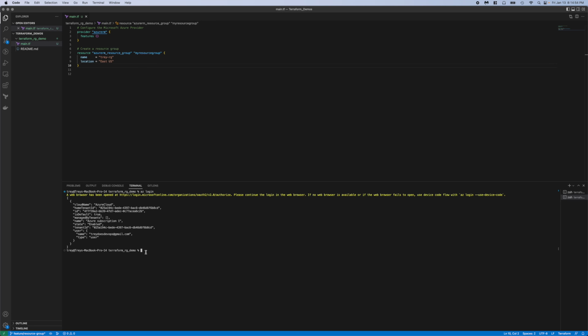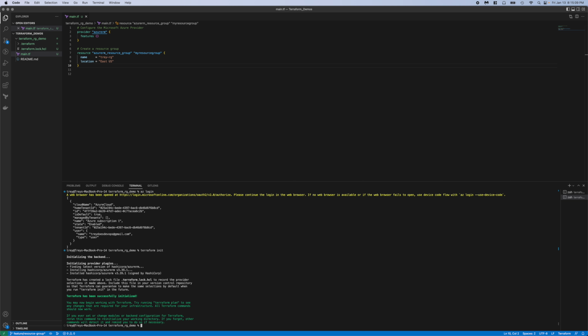So this is a good sign. This means that we're good to go. We can proceed with the rest of our Terraform. So the next step is to run a terraform init. So this initializes our repository or our folder here. You can see it downloads the latest version of the provider that we mentioned up here. You can also restrict it to a certain version, but I'll show that in a later video. So this just pulled the latest, and you can see that Terraform has been successfully initialized. Again, good. So now we'll run a terraform plan,